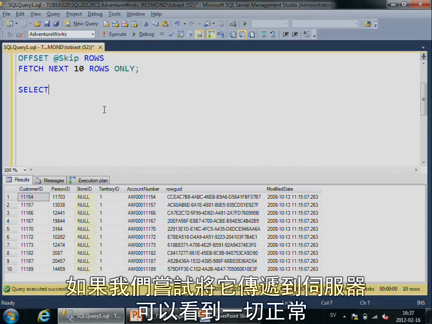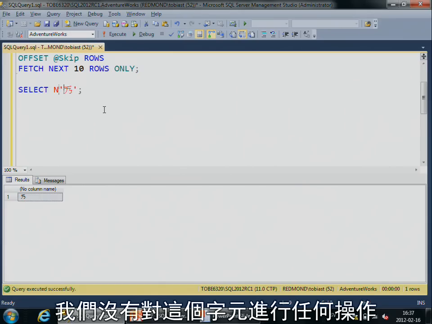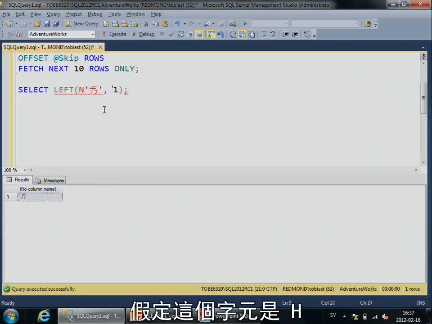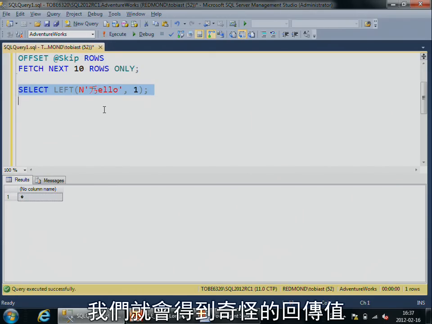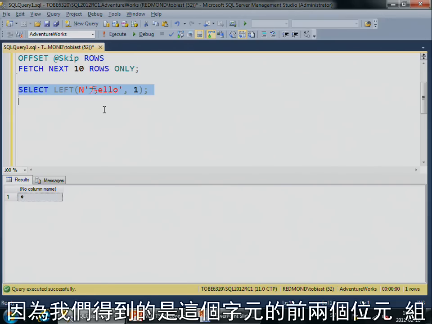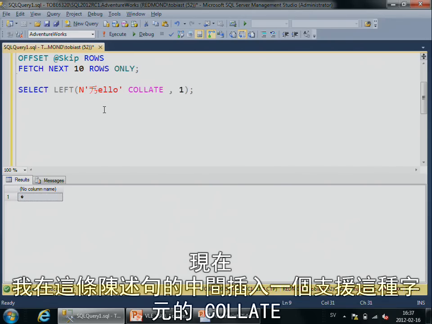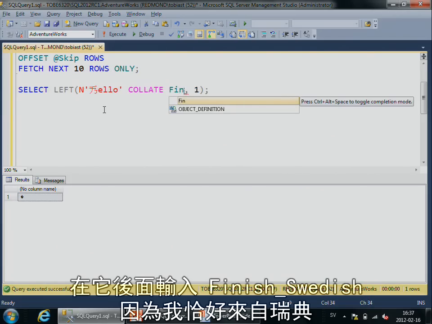So if we just try and pass it to the server, we'll see everything looks okay. So we didn't do anything to the character. But now if I try to say, okay, give me the first character in this string, and let's say we do this and pretend it's an H, we get something weird back because we gave you the first 2 bytes of that character. Now if I say instead, collate this and use a collation that supports this, so this is